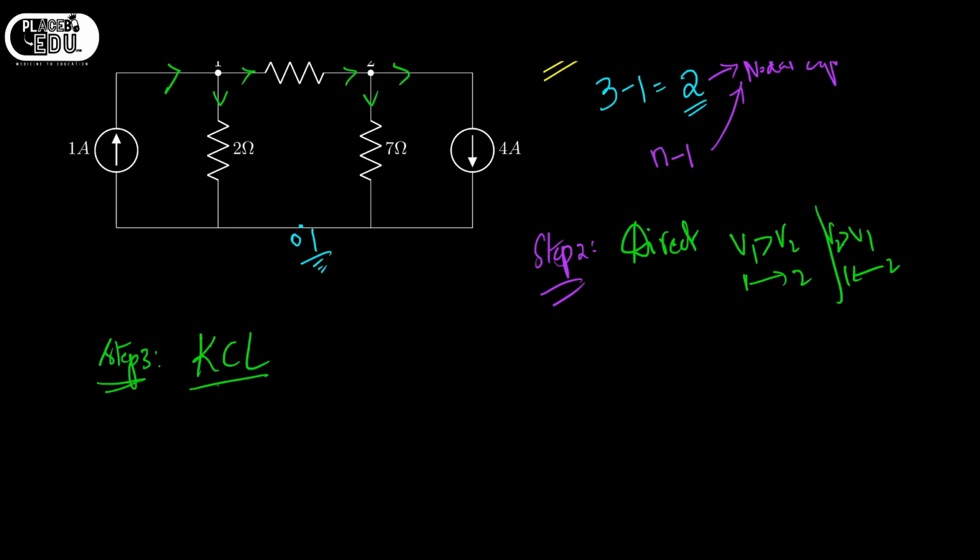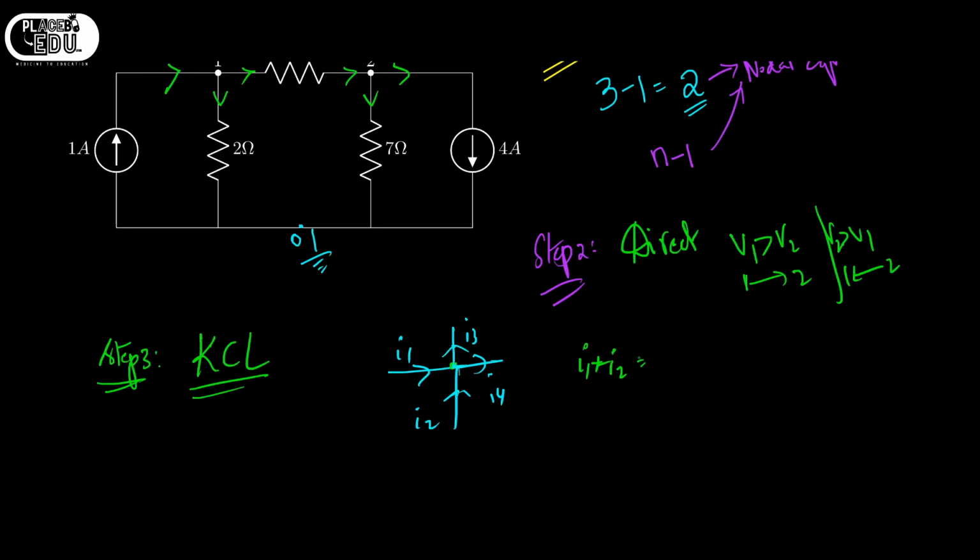KCL, you know Kirchhoff's current law, right? Kirchhoff's current law says that if you consider a node and there are many currents entering the node and leaving the node, let them be I1, I2, I3, I4. The sum of currents entering the node, which are I1 plus I2, right,